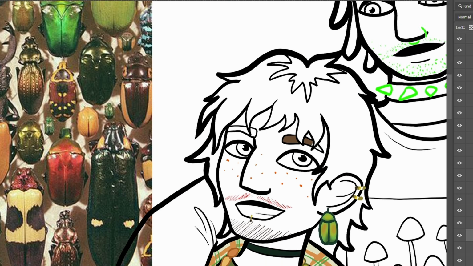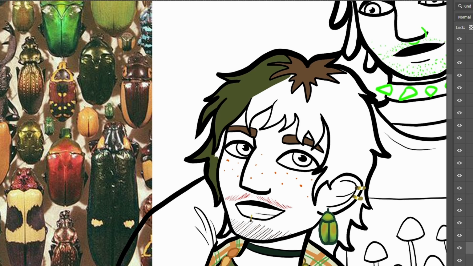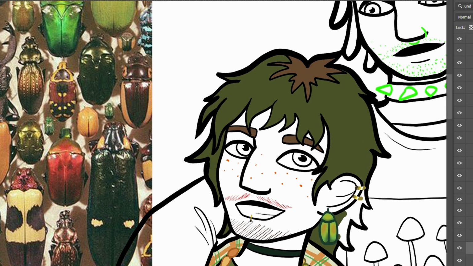At first I coloured Campy's flannel dark green, but that made the Beatle pins harder to see and just felt a bit too overpowering, so I ended up recolouring it to the cream colour of the photo background. I tried using the dark green for Campy's t-shirt instead, but that also eventually got lightened.